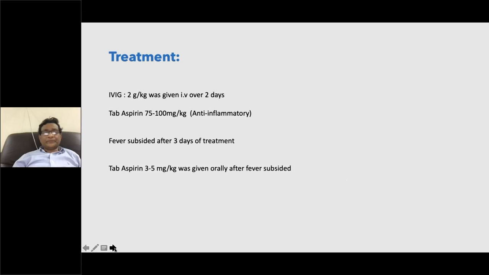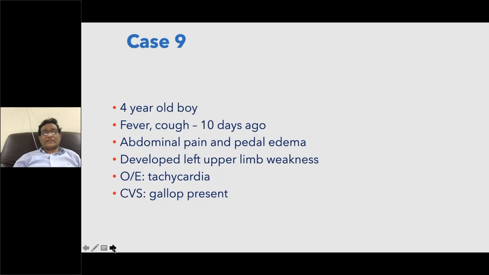Believe me. So this may improve very well. Gamma globulin was given, aspirin was given, the fever subsided, and subsequently aspirin 3 to 5 milligram per kg was given for the next 6 weeks. This is another 4 year old boy with fever, abdominal pain, pedal edema, who developed upper limb weakness,